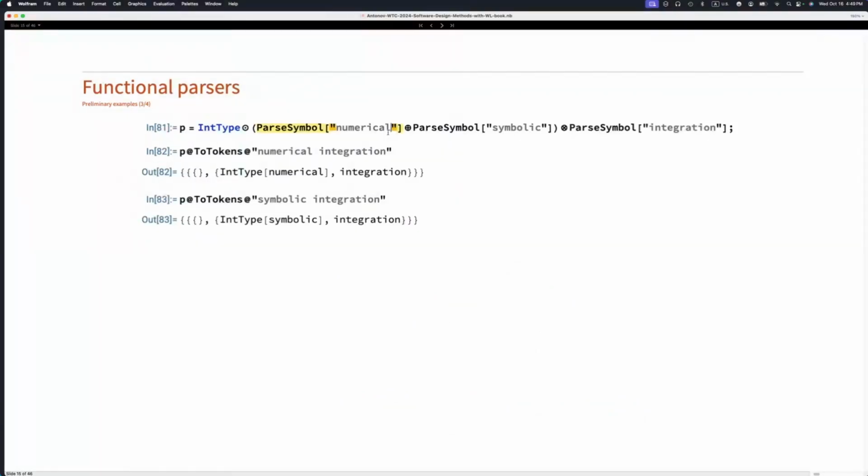Functional parsers, you can see here, this is a parser made on the spot, which parses this type of phrases, numerical integration or symbolic integration. And you can see I have put this symbolic head, which actually tells me the type of the integration, numerical or symbolic, right? So you can see these operations here. It's like plus, and this is like multiplication. We can say that functional parsers form a monad in the space of functions which parse text. And yeah, these are the operations in that monad. So this is again,